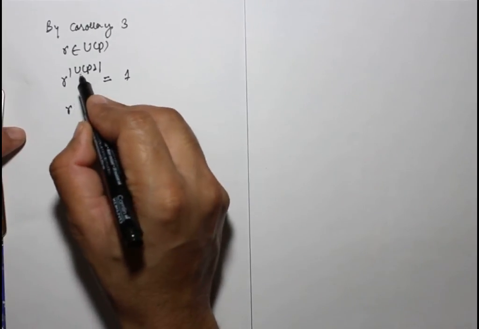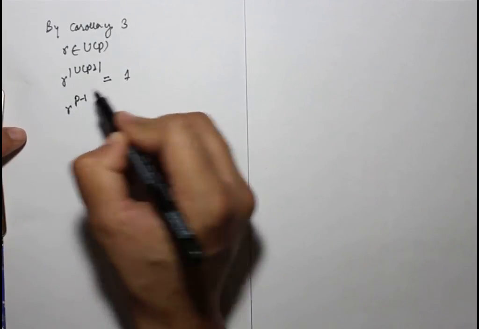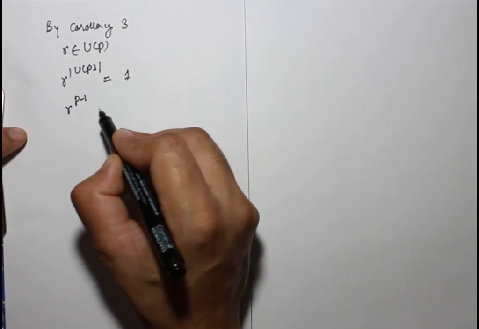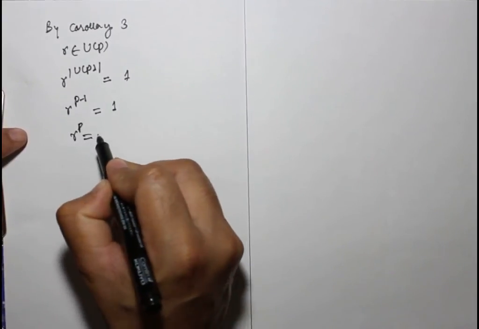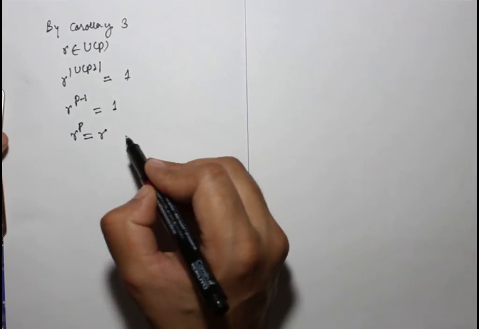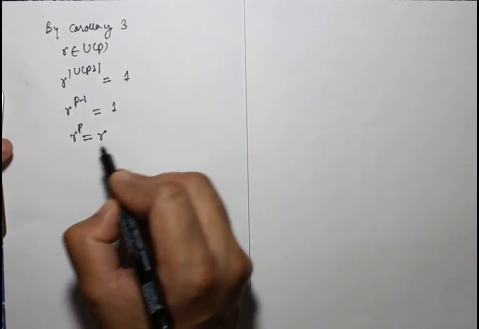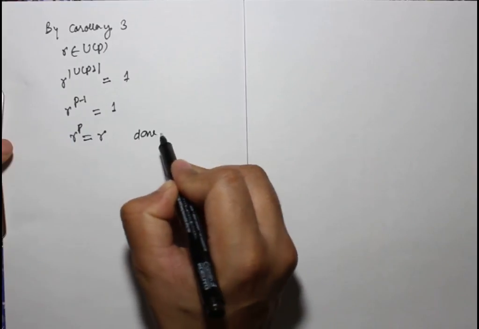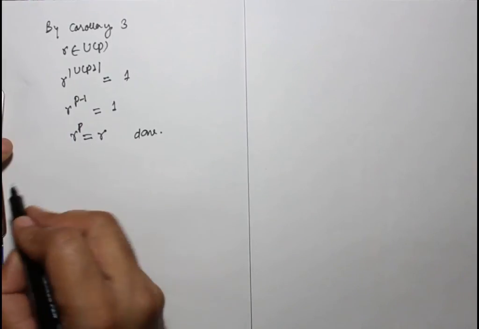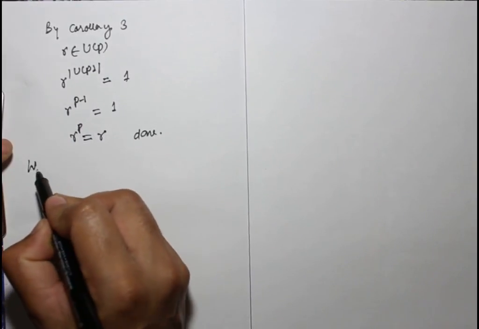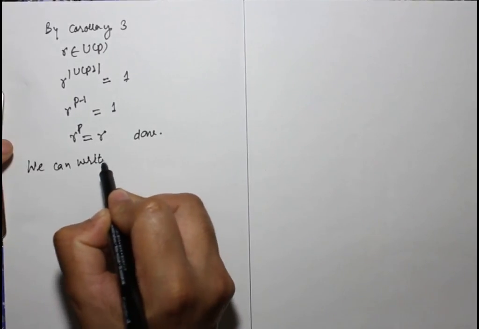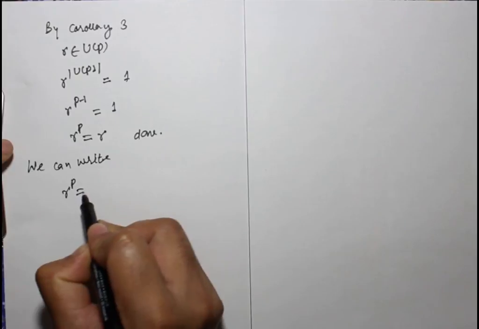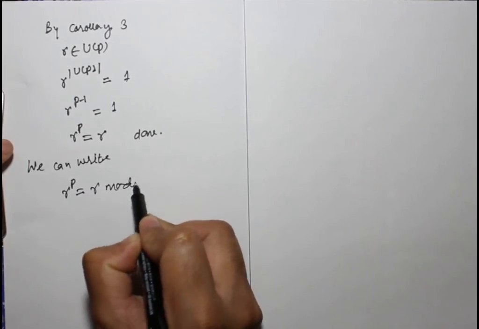This is order of U(P), this is P minus 1, so this is 1, so r to the power P equals to r. Thus we are done. So corollary is, so we can write r to the power P equals to r mod P